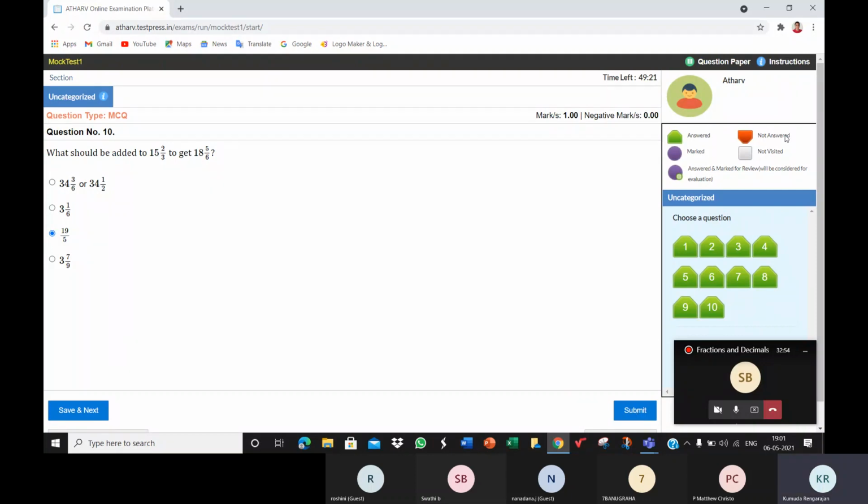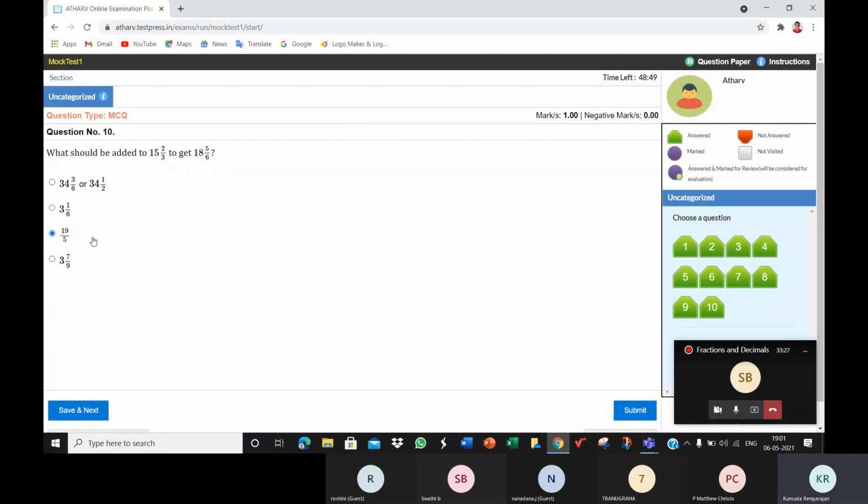Ignore all this, children. This is for a different exam template. What you see here is for a different exam template, so don't get confused with anything here. These options are for a different exam template. We'll only have red and green. Red if you have not saved your answer. It will go green if you have saved your answer. That's it. If you have not selected any option, then it will not go green.